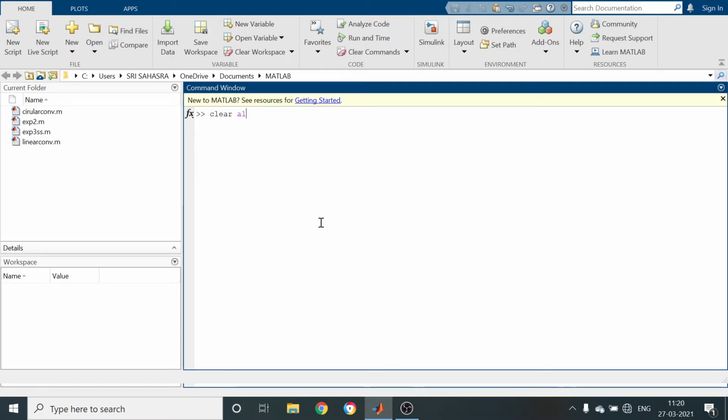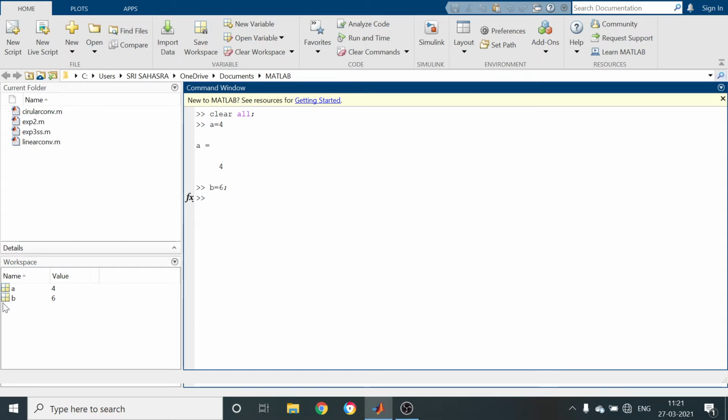Clear all means, actually, we haven't run any program here. This command is used to clear the data in the workspace, that is the variables in the workspace. In order to learn that, I am going to enter some data: A equal to 4, B equal to 6. After entering, the data entered in the command window will appear in the workspace.